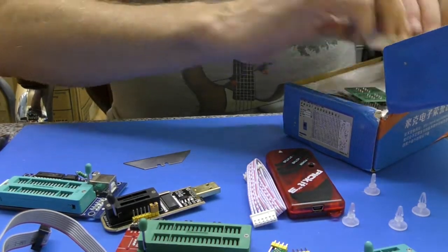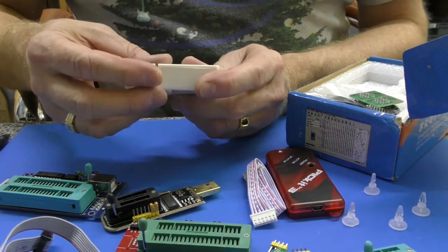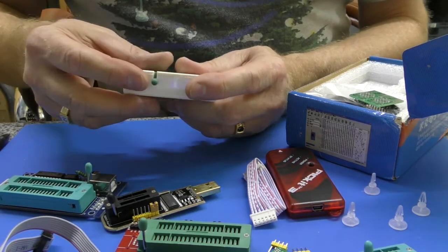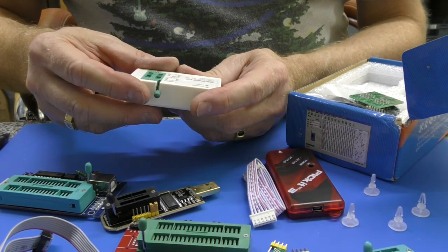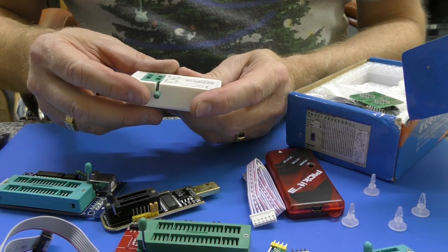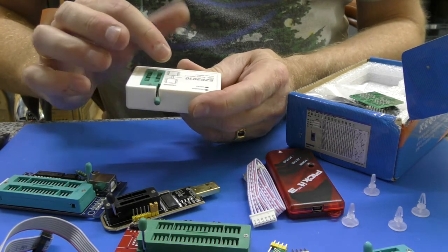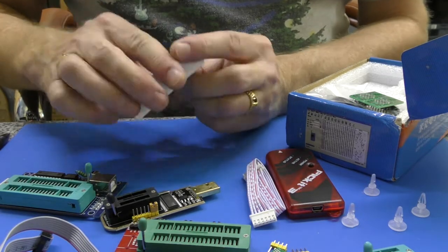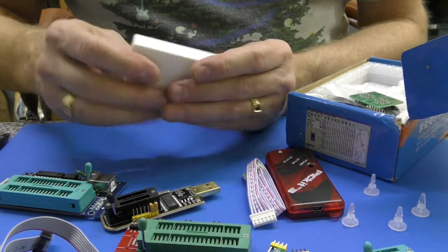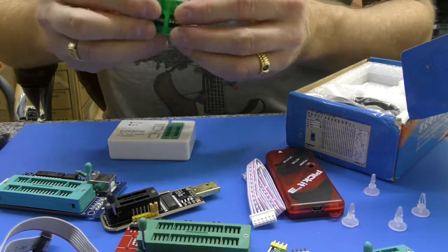So this is the EZP2010. I've got a sneaky feeling I've even heard of this. I think maybe some of the guys have got them. High speed USB programmer, and then it's got a copied IC to IC. Yeah, and what if we got a double